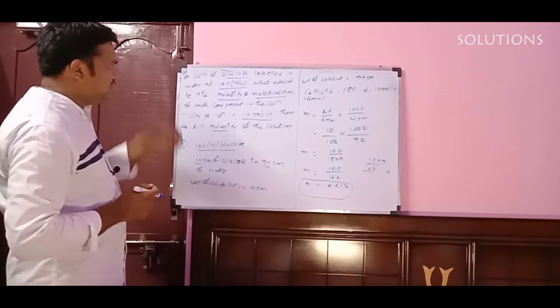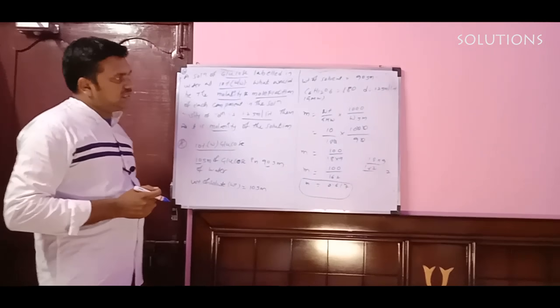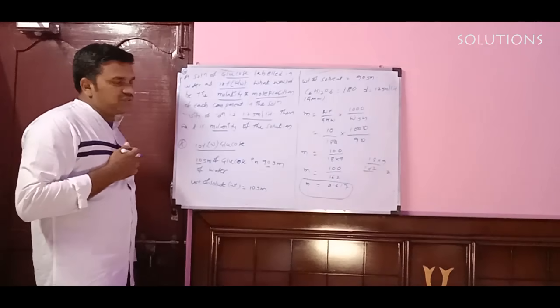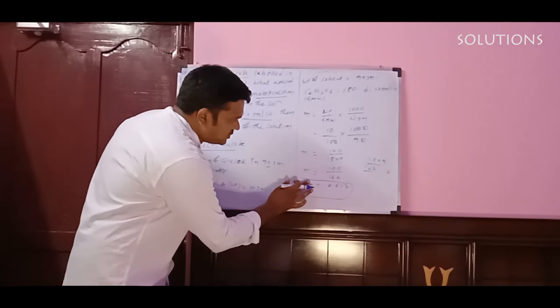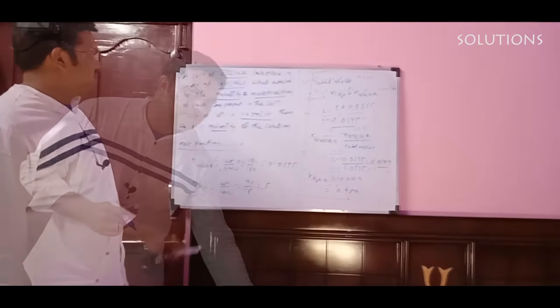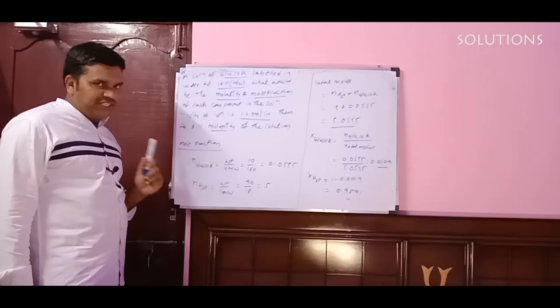So one part is completed, that is molality. And remaining we have two more parts, that is mole fraction and one more, molarity of the solution. Molality you got here 0.617. So the next calculation part is mole fraction only. I already wrote here mole fraction.